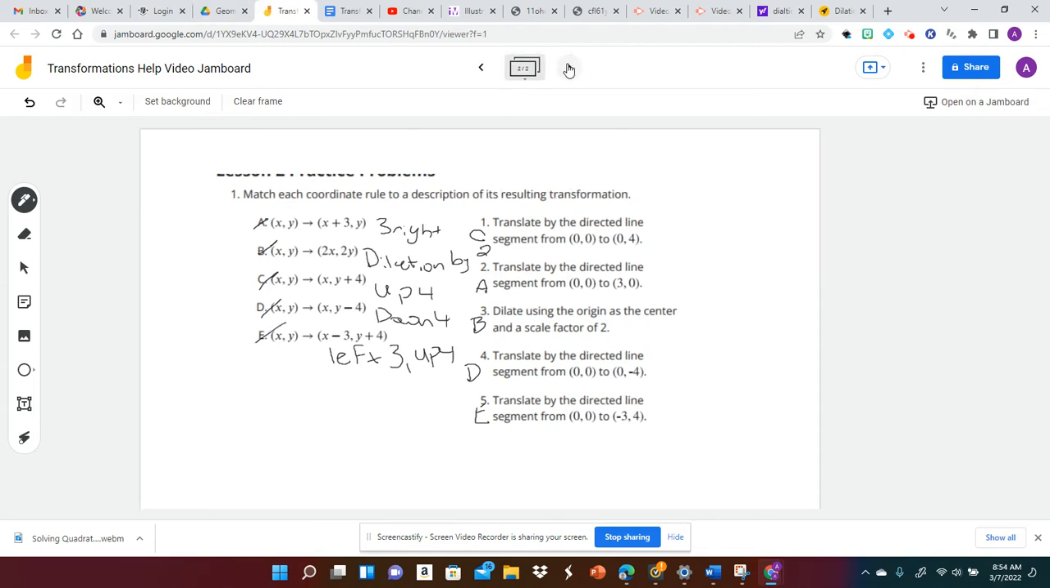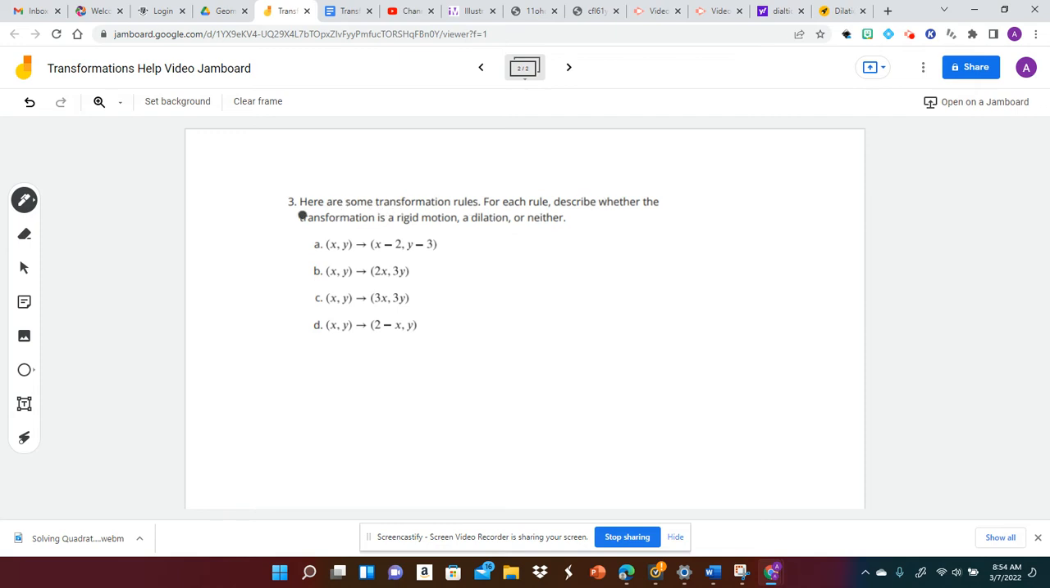So now, as we look through the other part here, we're going to describe if it's a rigid motion, a dilation, or neither. So on here, our rigid motion would be some sort of translation or reflection. Or a dilation. Now we're going to do dilations having the same scale factor where you're scaling x and y